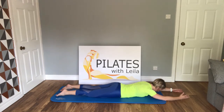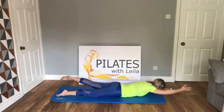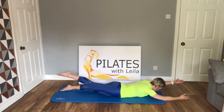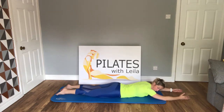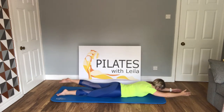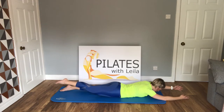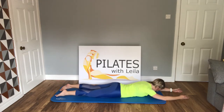Good, so here we start to mobilise and lengthen into the mid to upper back. So reaching forwards with the fingers, kicking back with the toes here. Keep the eyes looking down. So it's very tempting to lift the chin and look forwards, but you want to maintain length and good posture